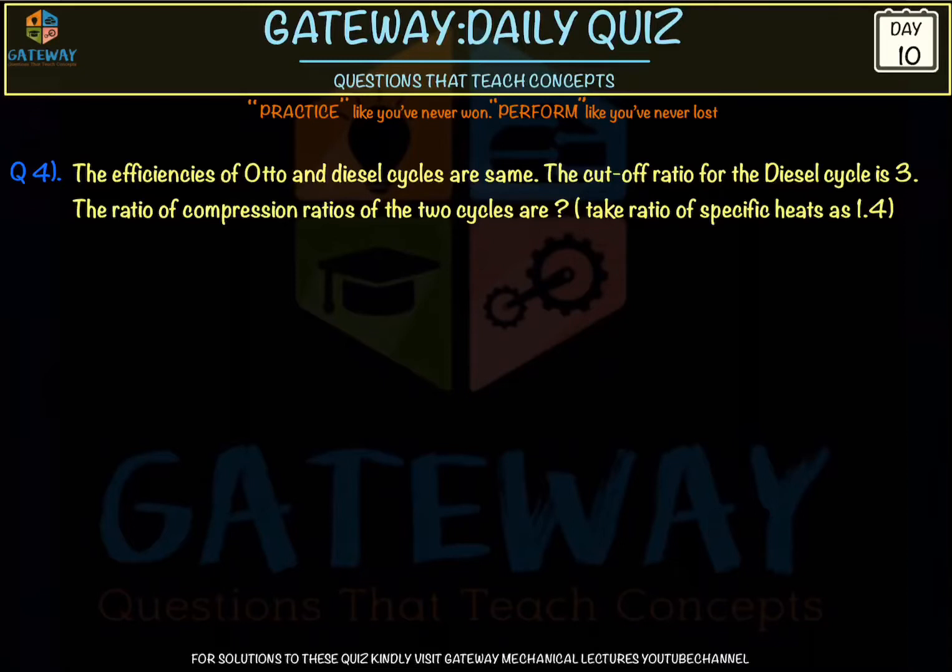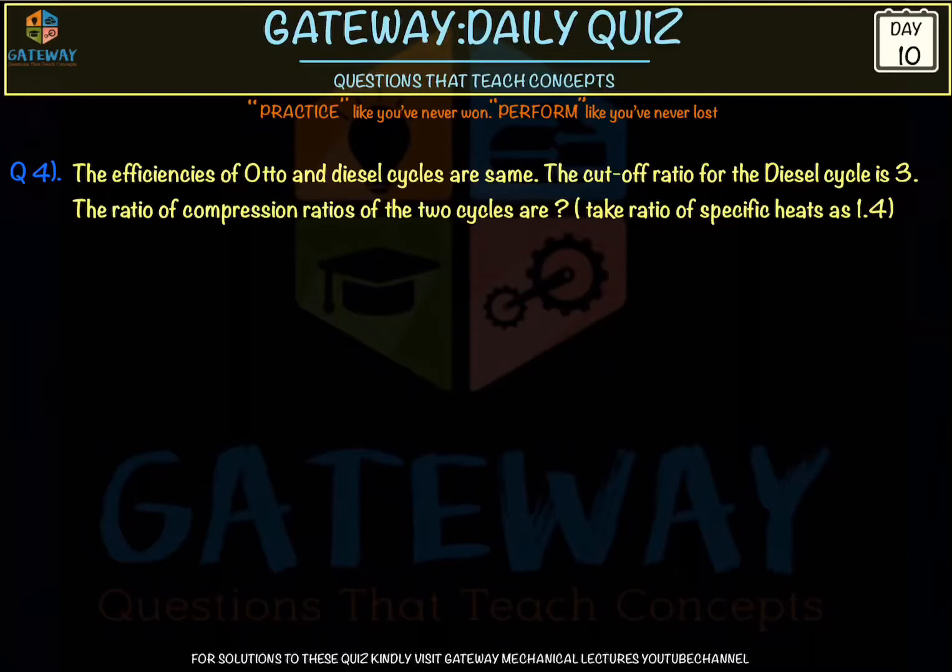One will be about the cycles, about complete analysis of the cycles, what all the efficiency, cutoff ratio and all the formulas. There we need to remember only basic definitions, what exactly is RP, the volumetric efficiency, and what is the efficiency for Otto cycle, what is the efficiency for diesel cycle, and what is the efficiency for dual cycle, what are the terms involved in them. So on that basis we'll be solving all the questions which are given directly from them.